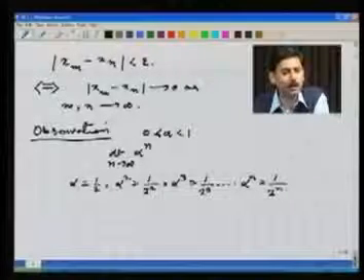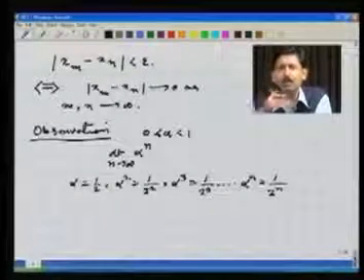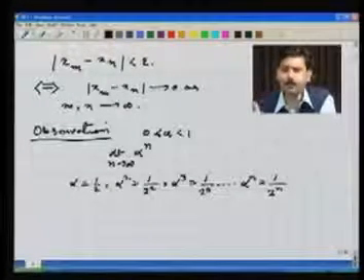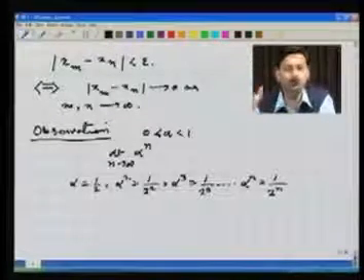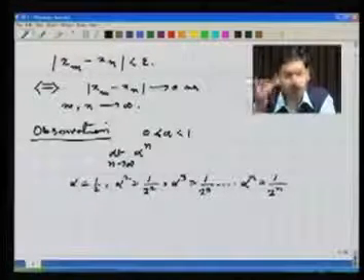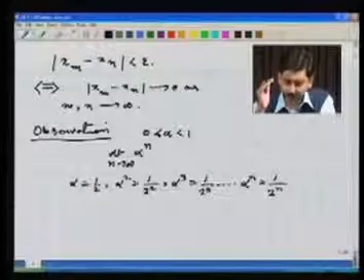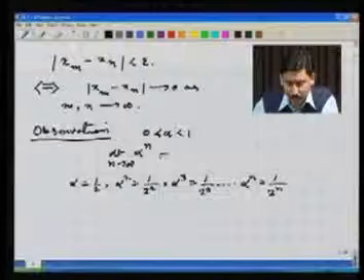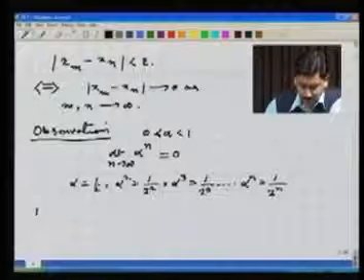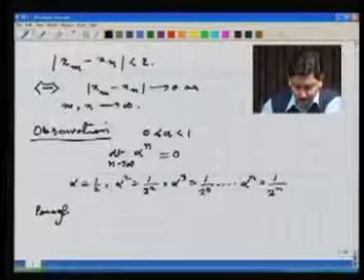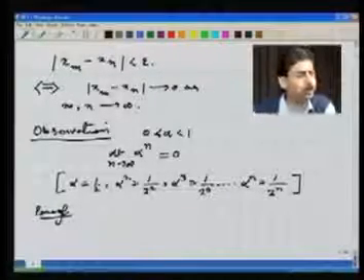Now this limit is very easy to calculate, because I know that 2 square, 2 cube, 2 to the power n actually increases. It crosses any real number, however large it is. That means the sequence 2 to the power n converges to infinity. That means 1 by 2 to the power n has to converge to 0 because of our quotient rule. From that we expect that the answer is also 0. But now this has to be proved. Well, the proof is very easy.